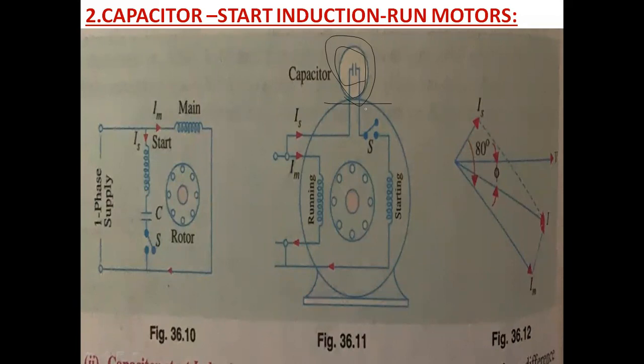When the motor runs at about 75% of the full load speed, the centrifugal switch will open and it cuts out both the starting winding and the capacitor from the supply at a time, leaving only the running winding in the lines. So as shown in figure C here in 36.2,